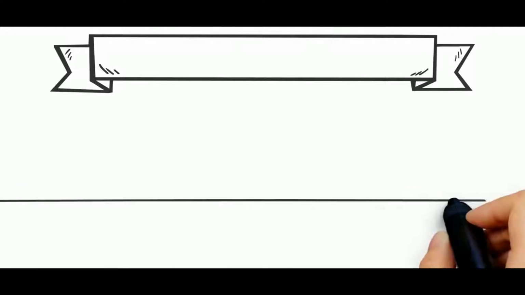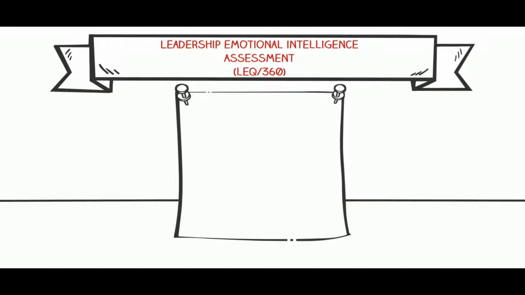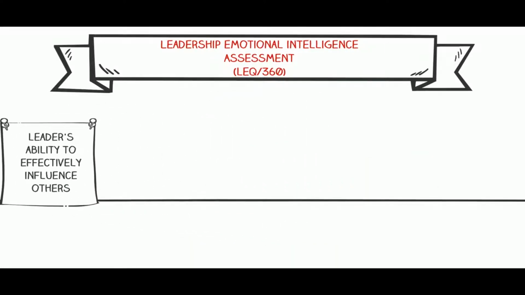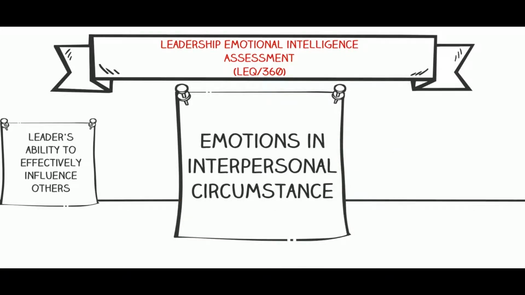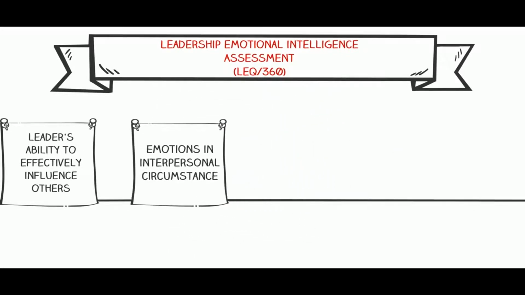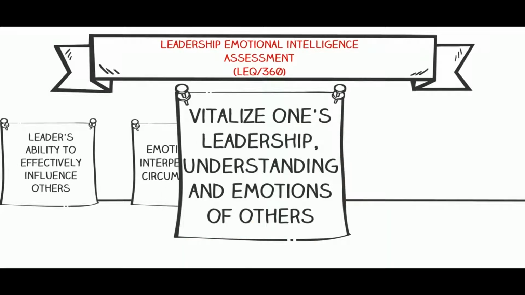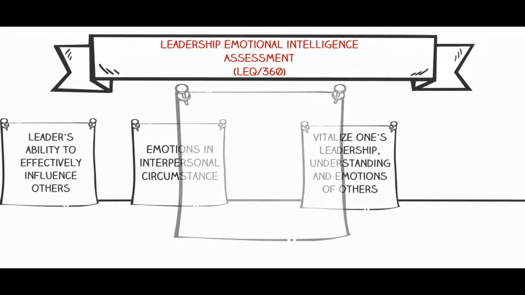The first assessment is the Leadership Emotional Intelligence Assessment, or the LEQ 360. It is the primary determinant of a leader's ability to effectively influence others. The LEQ 360 involves recognizing one's own emotions in a wide variety of interpersonal circumstances, responding to these emotions in ways that vitalize one's leadership, understanding, and relating to the emotions of others, and being a positive, energizing force within